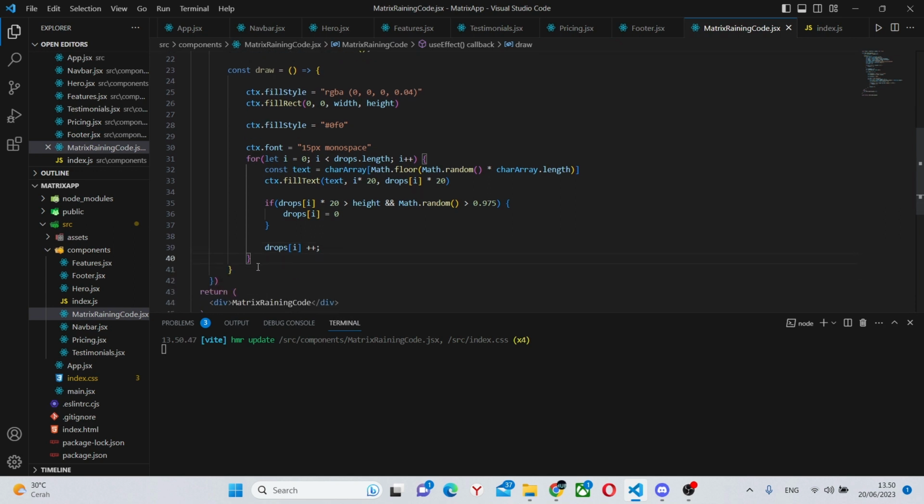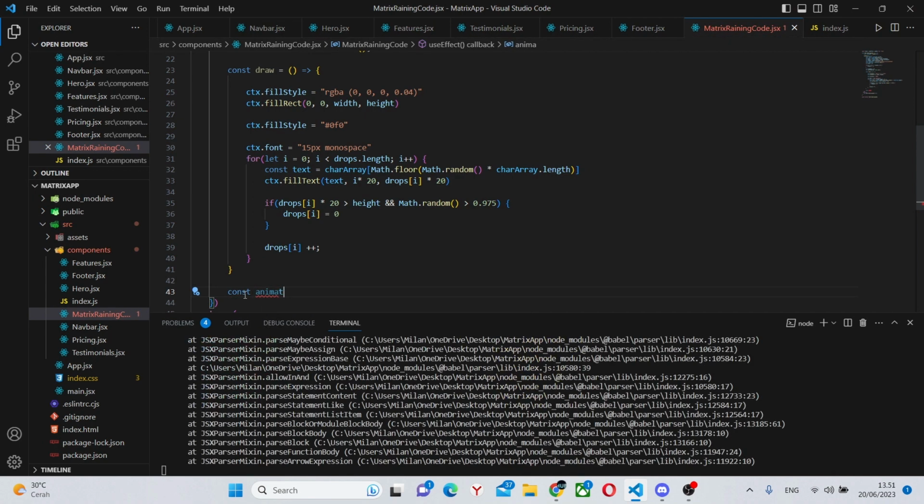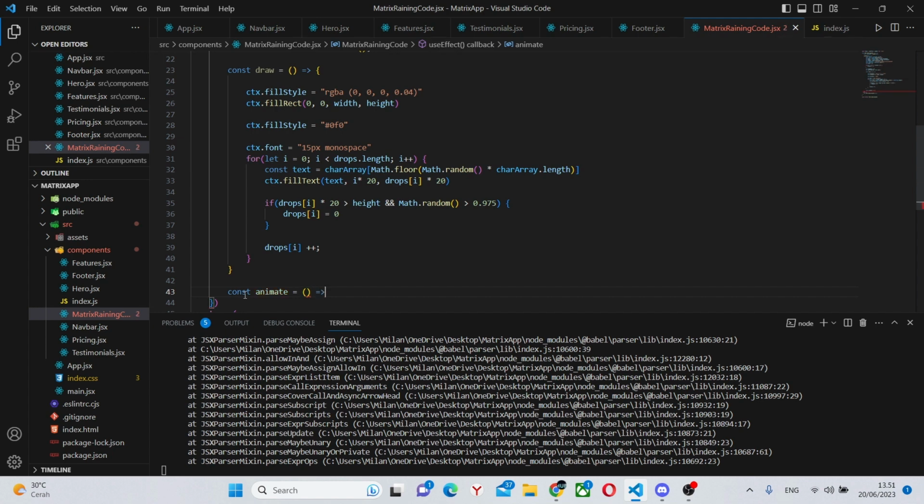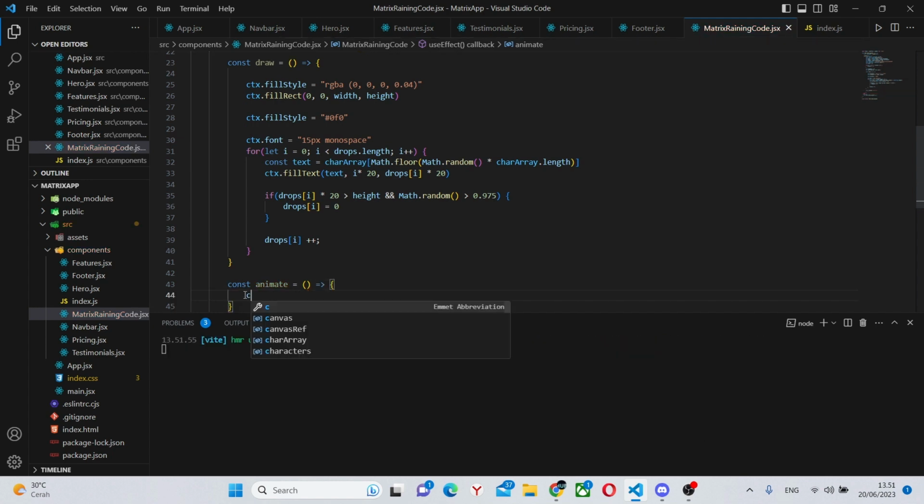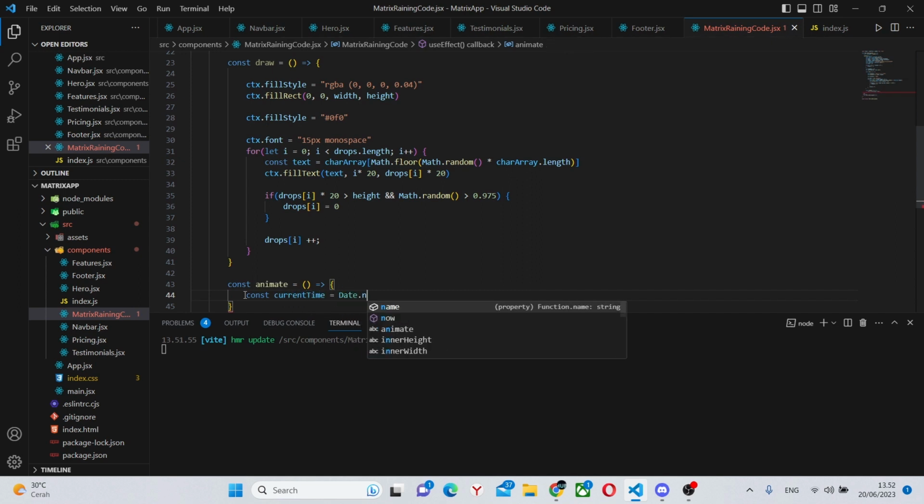Now we go out of these brackets and out of these brackets to the next part of our Matrix code effect. We have drawn out all of these text and characters. Now we'll need to animate them. So we'll say const animate equals, so basically a classic arrow function, and we'll say const current time equals Date.now.